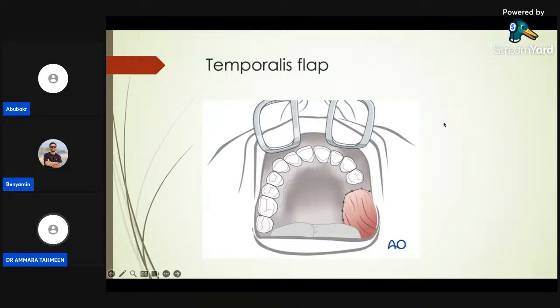Other distant flaps, which are beyond the scope of this lecture, include free flaps like the radial forearm free flap and the submental island flap. Many such flaps are there. These are called free flaps, and they have also been used, but for larger defects. So this lecture is mostly related to dentoalveolar causes, so we'll stick to the local flaps in more detail. So these are the distant flaps which are used.